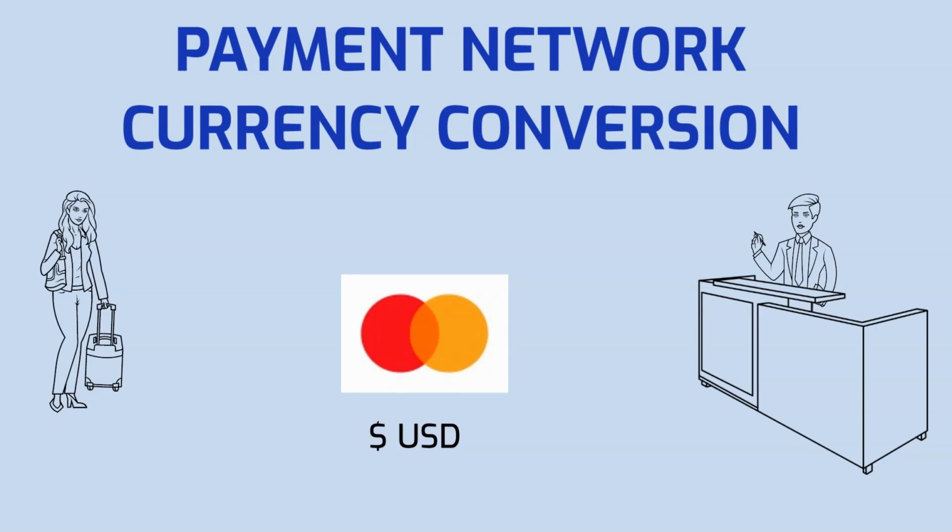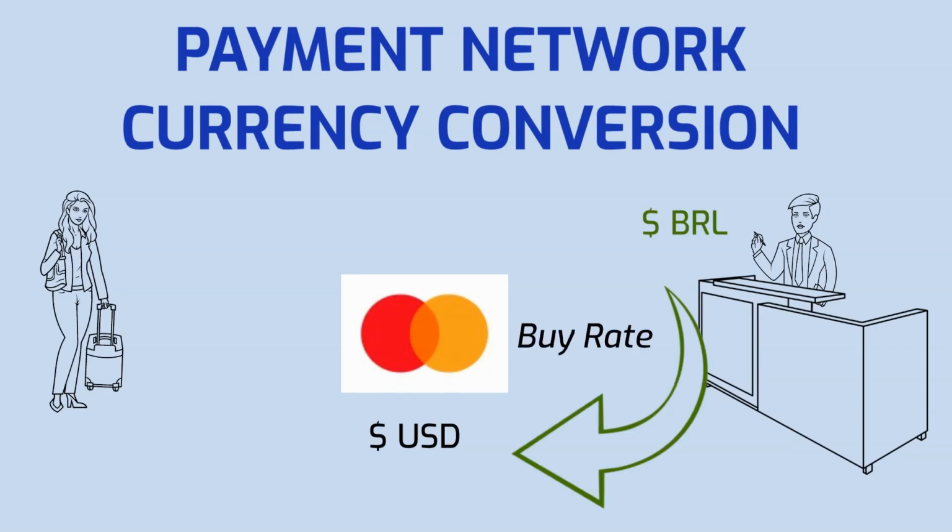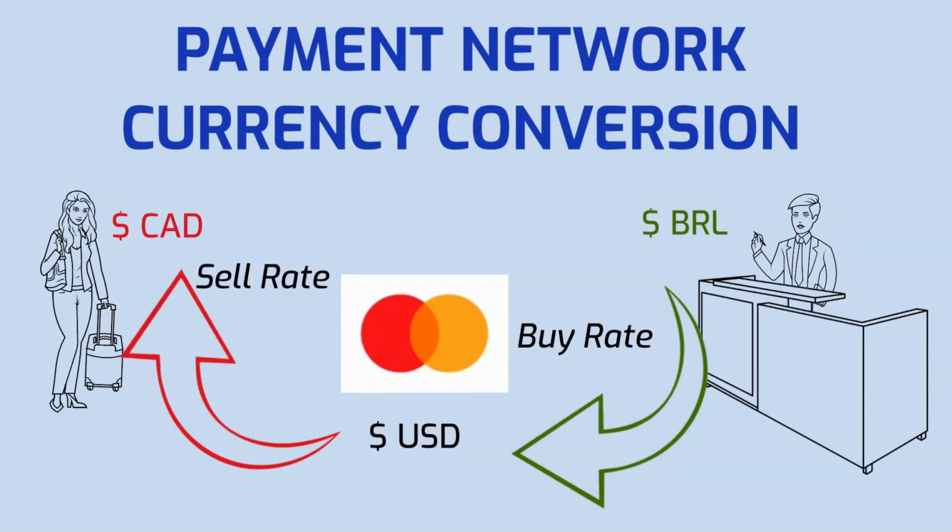Typically, the network converts the merchant currency to base currency at the buy rate, BRL to USD. The network routes the transaction in base currency through the network to the issuer. As the network hands the transaction off to the issuer, the base rate is converted to the issuer currency at the sell rate. For currency pairs that have a lot of activity between them, the network often creates cross rates